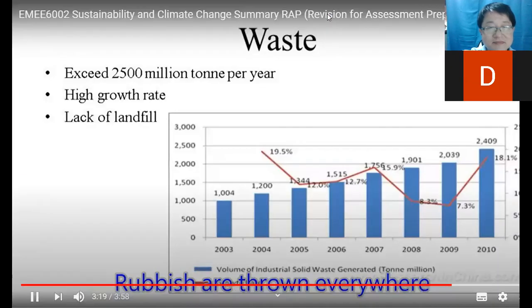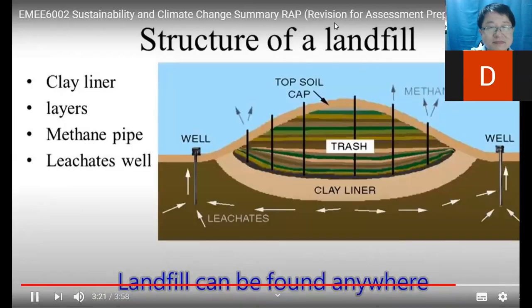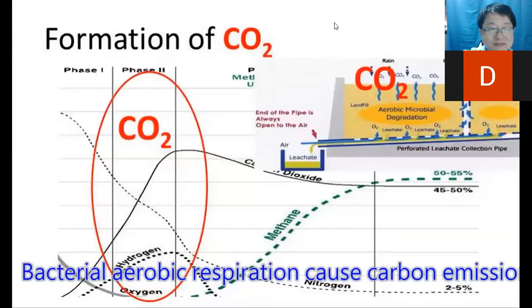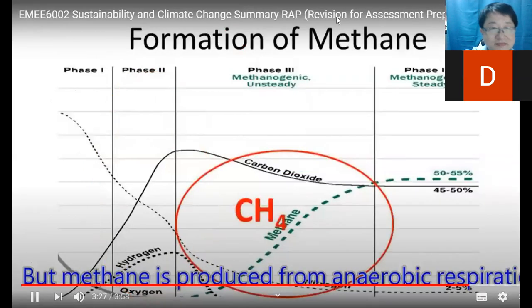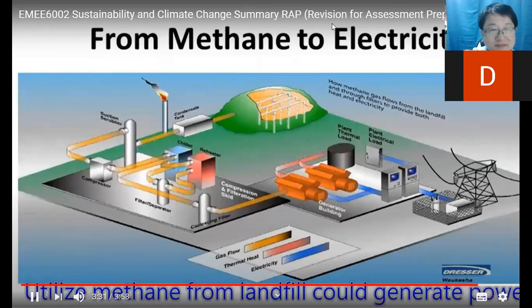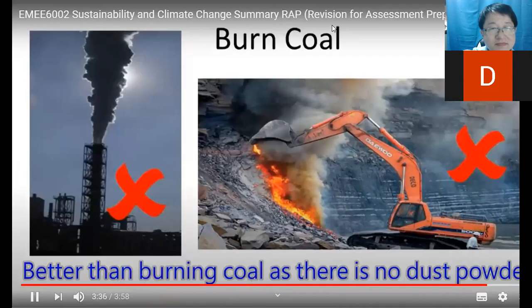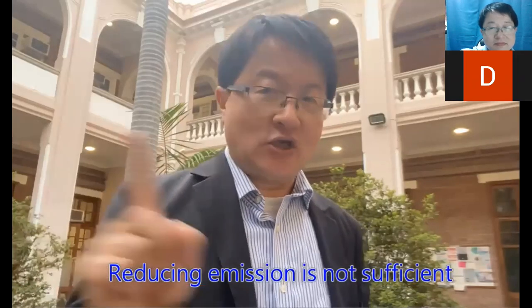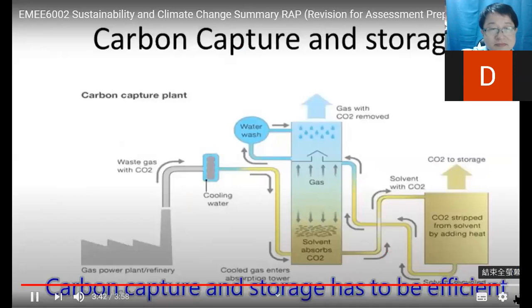Rubbish is thrown everywhere. Landfill can be found anywhere. Bacterial aerobic respiration causes carbon emissions, but methane is produced from anaerobic respiration. Utilizing methane from landfill could generate power better than burning coal, as there's no dust powder. Reducing emission is not sufficient. Carbon capture and storage has to be